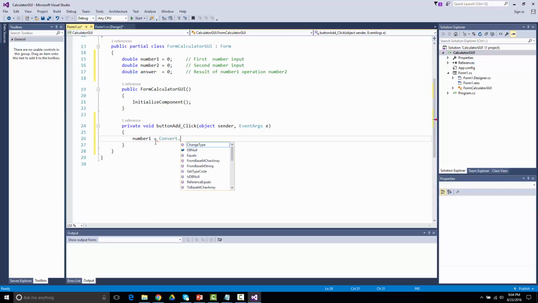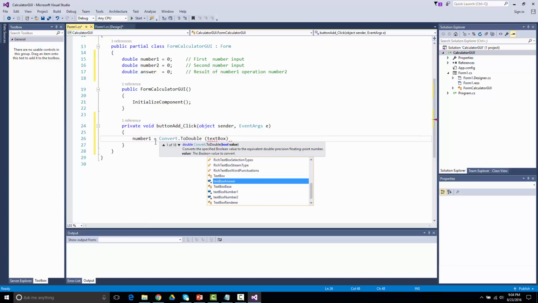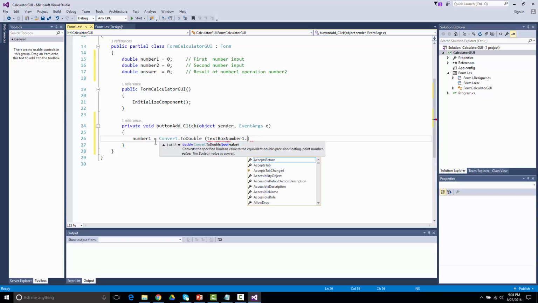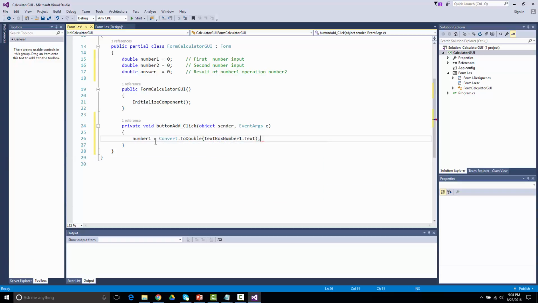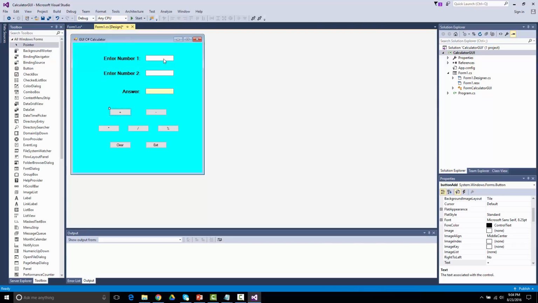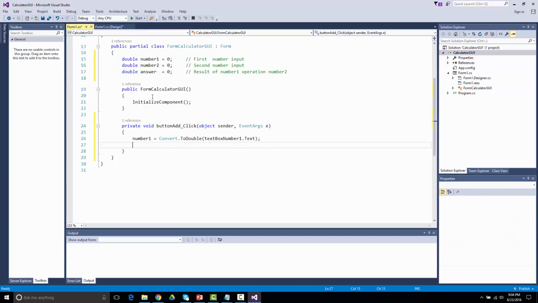Convert dot to double. And what do I want to convert? Well, I want to convert text box number 1 dot text. What that is saying in English is take whatever is in that first text box right there and convert it to a number, and put that number that you converted to into number 1. And then I'm going to do the same thing